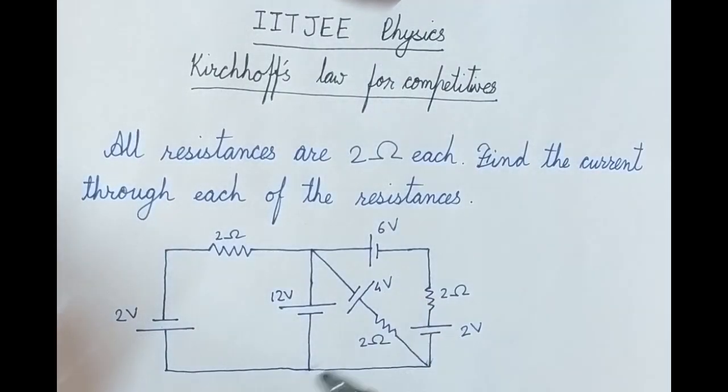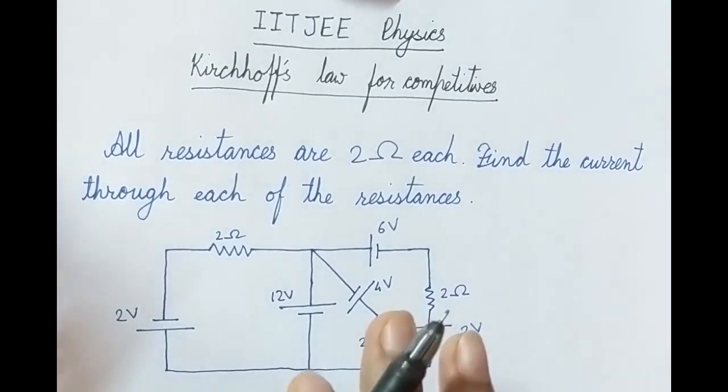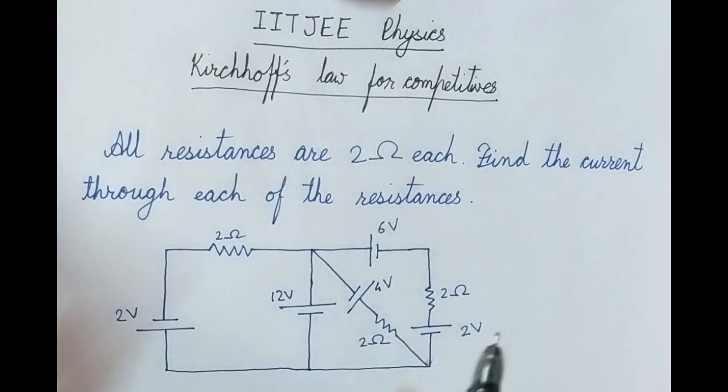In the last video we did a few sums with batteries and resistances, but when you have a combination of many batteries and resistances, you need to use Kirchhoff's law. Now generally Kirchhoff's law involves a lot of big equations and calculations that you need to solve, which you do not have time for in competitives. So today I'll be showing a little trick which will allow you to solve complicated circuits in a much quicker